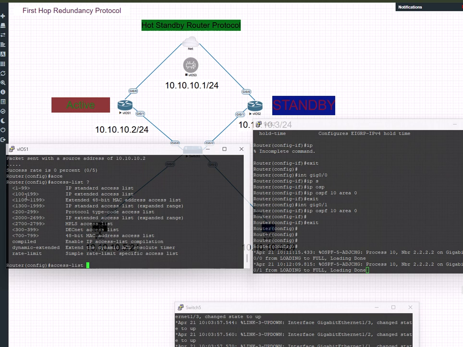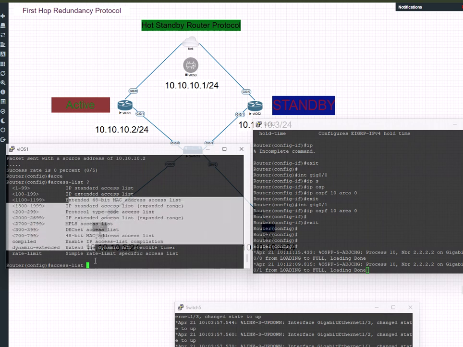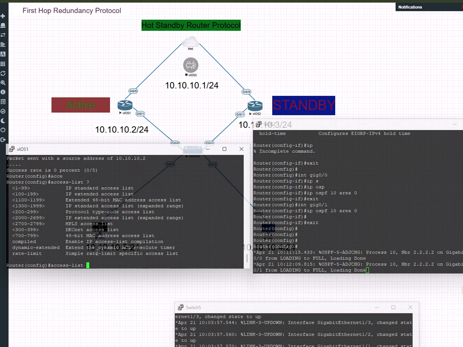The extended uses 100 to 199, and then the list goes on and on. There is a time when we actually configure something called a time-based access list, where we deny or permit traffic based on the given time. Alright,